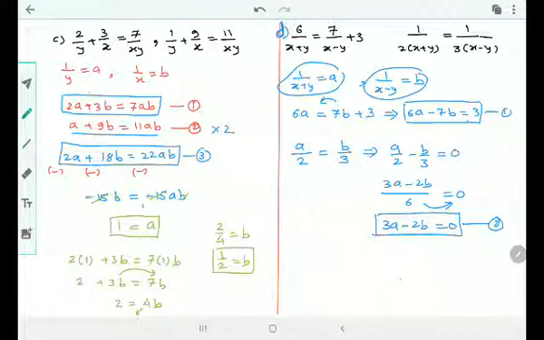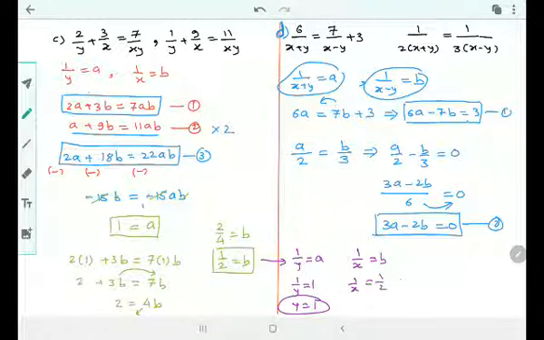Fine. I have to resubstitute again. So what do I get after resubstituting? Here I am doing 1 upon y. Don't forget that we have changed this time. 1 upon y is equals to a. So y is equals to a. What was my a? 1. So y is equals to 1. And 1 upon x was equals to b. So 1 upon x was equals to 1 by 2. So x will be equal to, reciprocal both sides, 2. That's the answer, right? So 1 question I solved it.